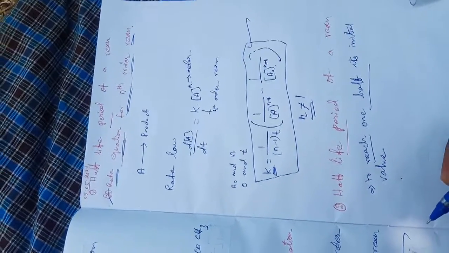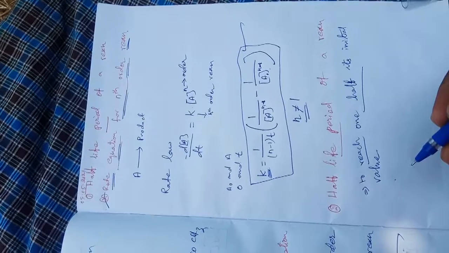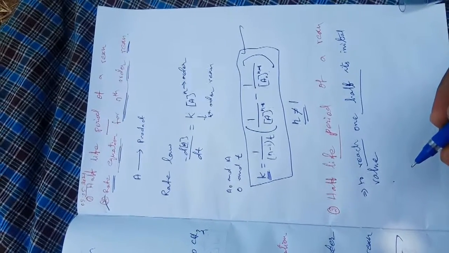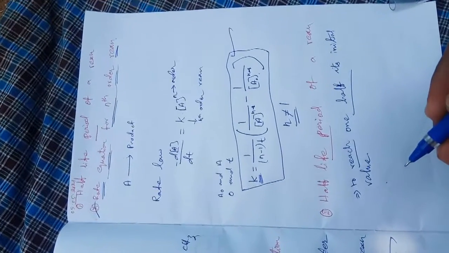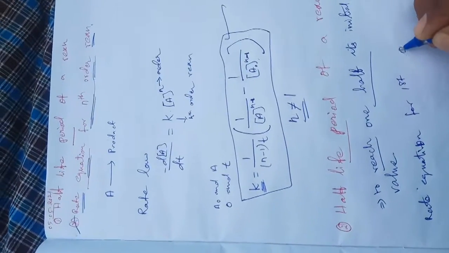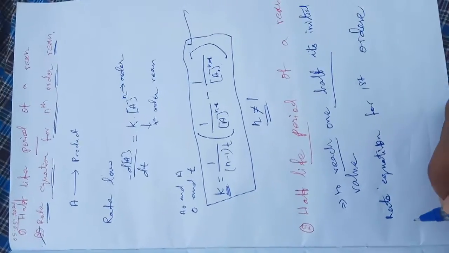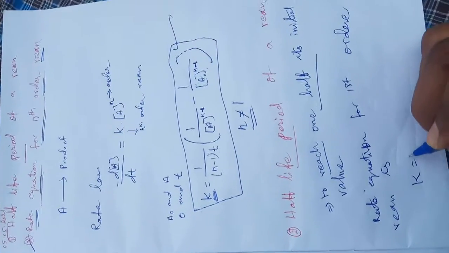For example, now consider a first order reaction. The half-life is a constant. That means the half-life period does not depend on the initial concentration of the reactant. So the rate equation for a first order reaction is K equal to